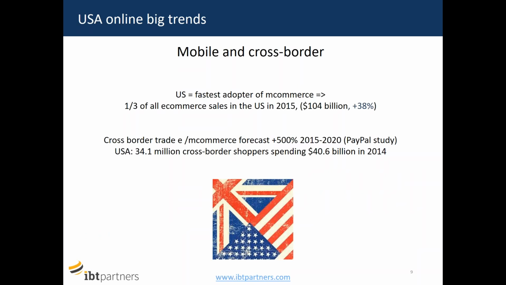So for mobile, up to a third of all the e-commerce sales at the moment are going on to mobile phone. Now, this is not the largest in the world. I think that's probably someplace like China, where it's up to 70% sometimes. But in the U.S. now, really all websites are expected to have strong mobile functionality. So any kind of website that you're looking at online has to have really good mobile functionality for that.